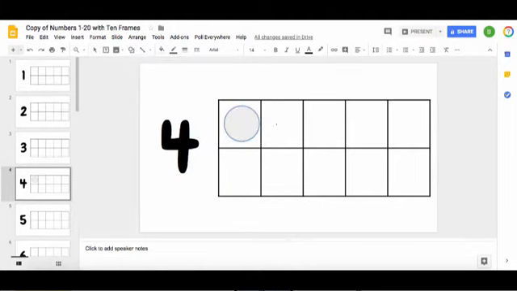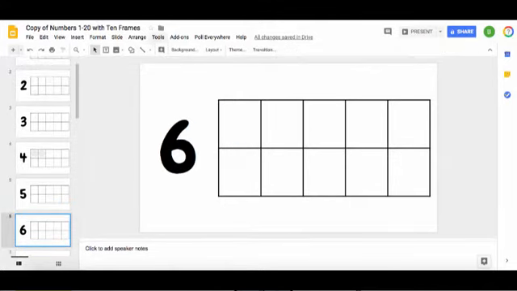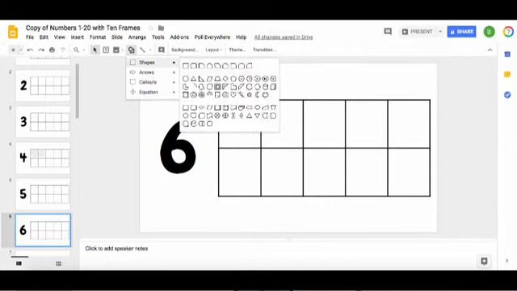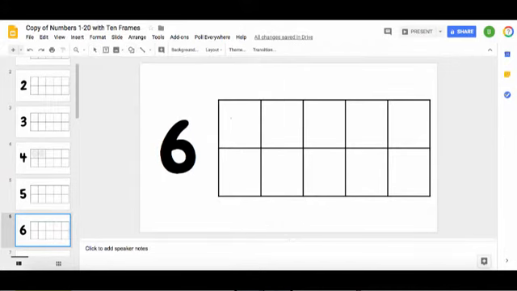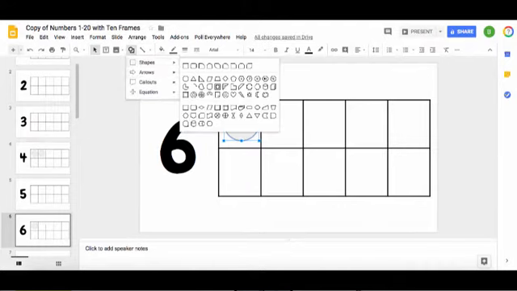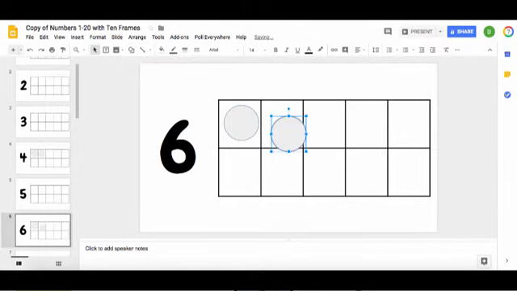Then you would send it out to them via Google Classroom, and their job is to figure out how many more they have to add to that 2 in order to make 4. Same thing if you were doing 6, you could have them show you how many circles it would take to fill in the 6 on the 10 frame. And this is giving your students another way to practice their understanding of